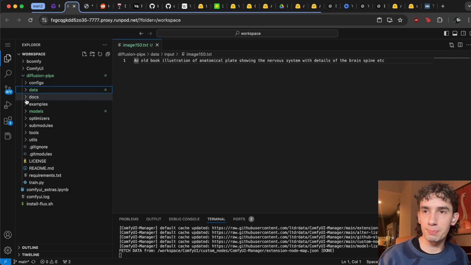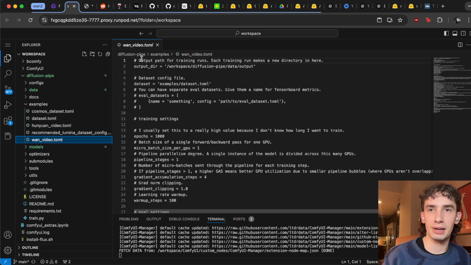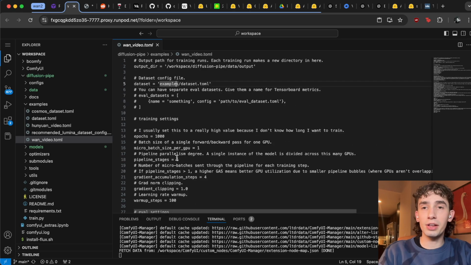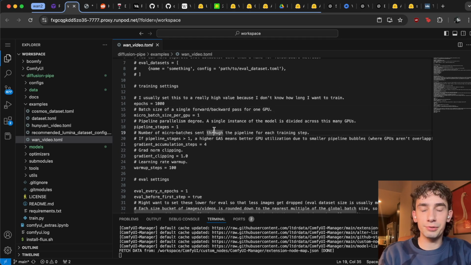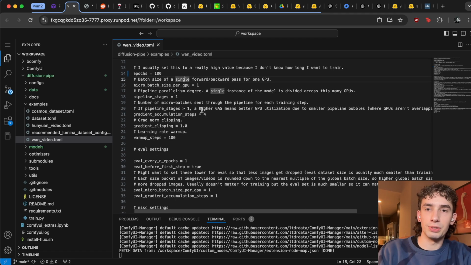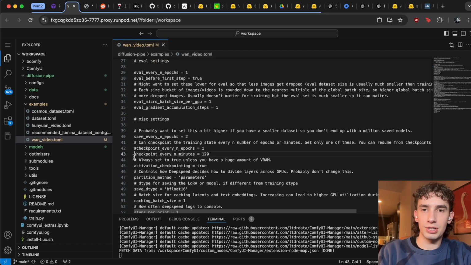So if we go to our diffusion pipe folder over here and go to examples and go to WAN video, we can see the TOML file that we need to change if we want. There are a lot of extra hyperparameters here if you want to mess around with these, but what I recommend doing is changing the number of epochs down to 100 because we don't want to keep this running forever. And then also we are going to change checkpoint every n minutes to checkpoint every 20 minutes so that we're